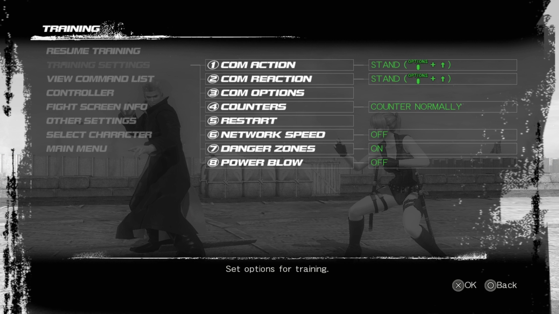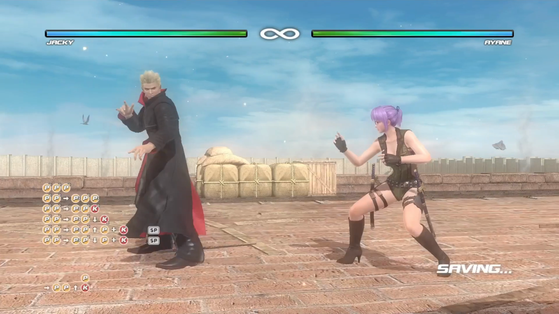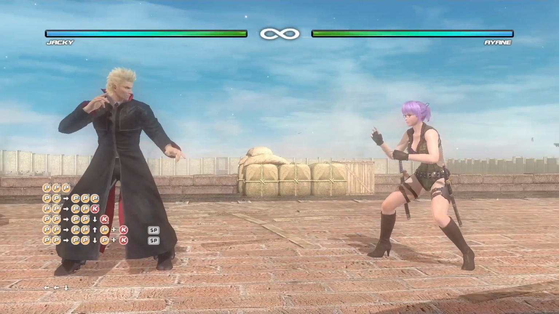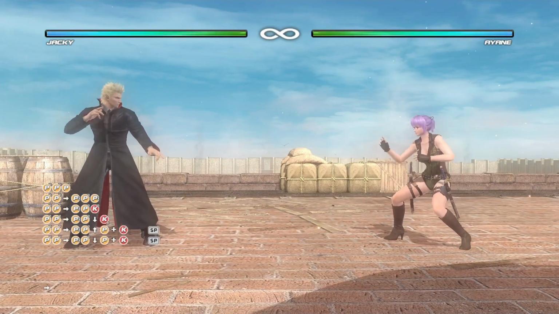A little alternative to the combo challenge right now, for instance in free training, is putting on the move list like I just did right here. So you see all the different strings along the left in the little box that I slapped on right here. With Jacky,